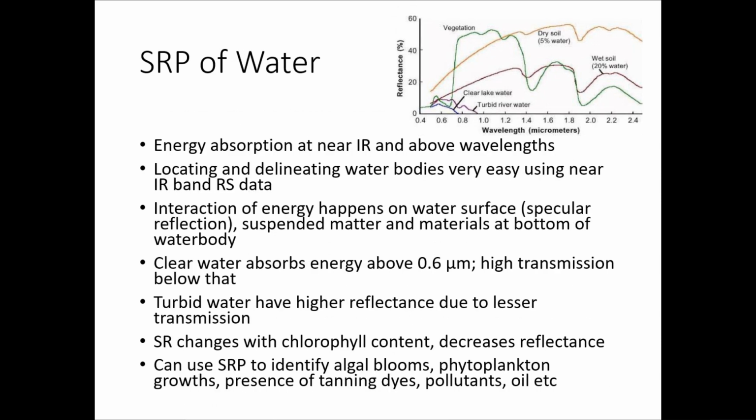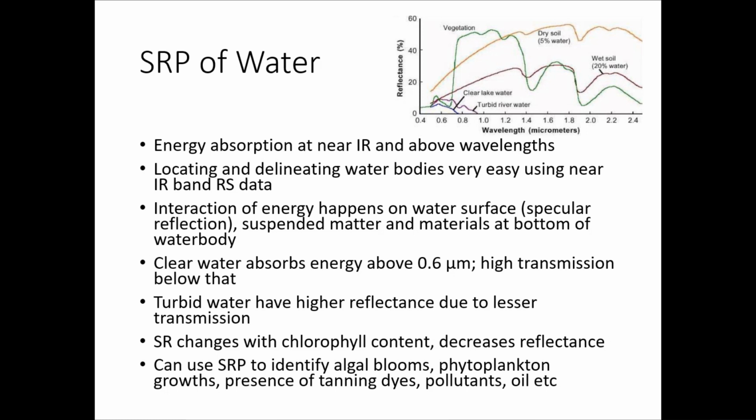Next, moving on. Here is the spectral reflectance pattern of water. Can you see that figure? So you can see spectral reflectance pattern of clear lake water and turbid river water. So you have already read about the reflectance of water in your homework yesterday. So you have some idea. Let us further discuss it now. So here you can see clear water,